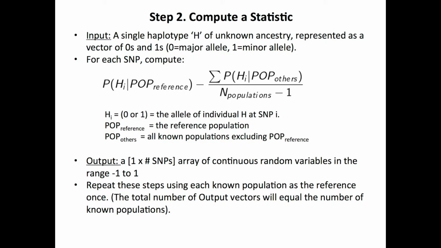And then what you can see is that if that value returned by the statistic is positive, then the individual, or that location of the individual's genome, is more likely to be from that reference population. And so this is good. We could use each of our populations as the reference once, therefore producing 3 output vectors, and we could produce 3 graphs. The question is now how to visualize this data.